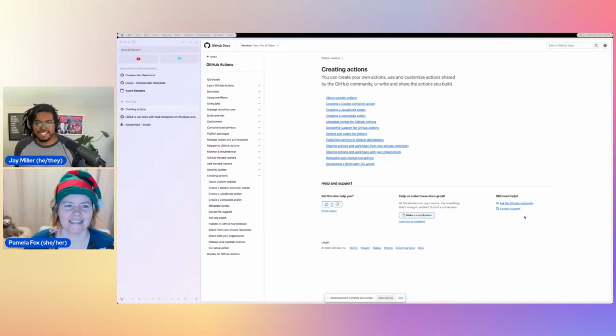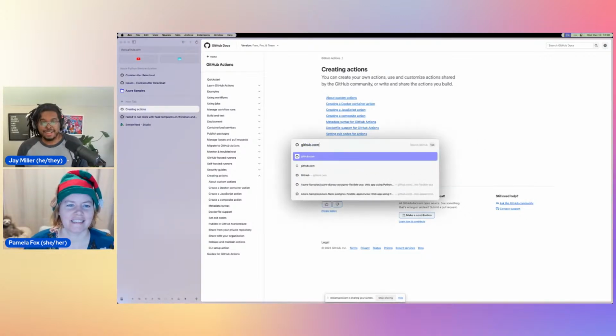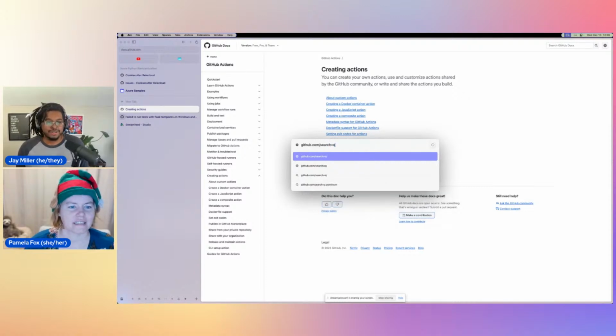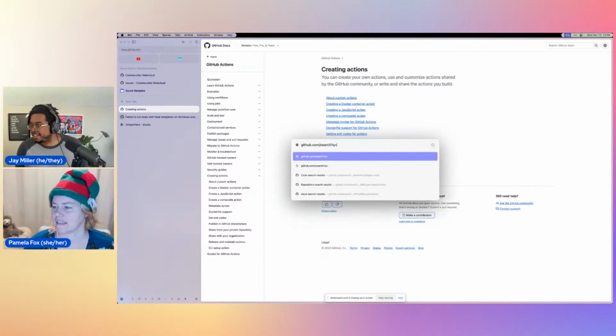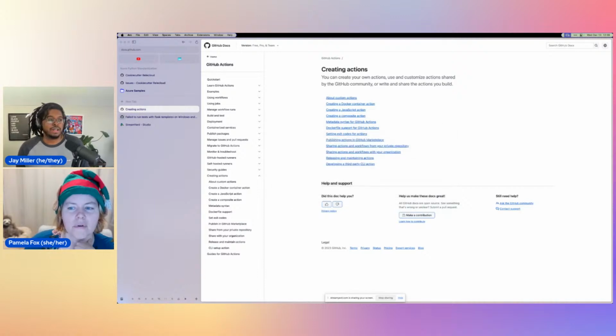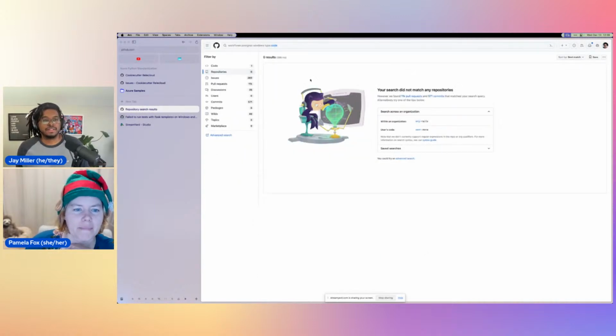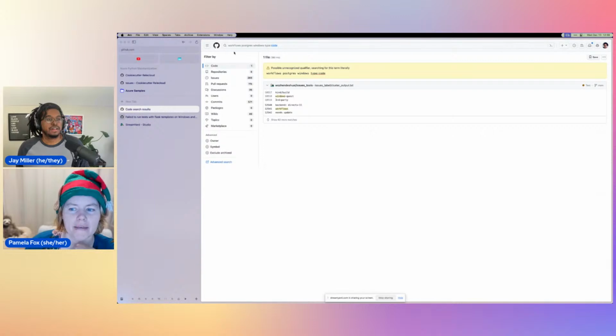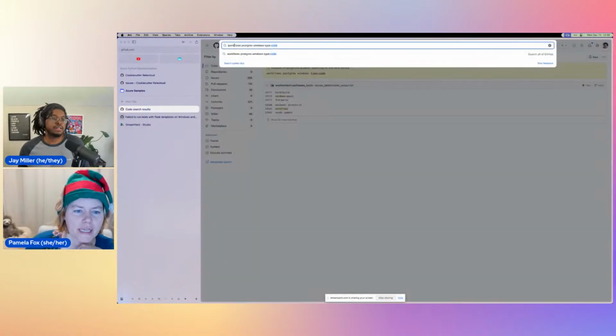Let's see, there were labels in there. Let's see, github.com, search. Good thing I know query syntax. And then you're searching workflows Postgres, and then you're looking for Windows. And then you're doing type code. Well, I am very specific. I'm using the path operator. So I do path: .github/workflows because I'm trying to only get